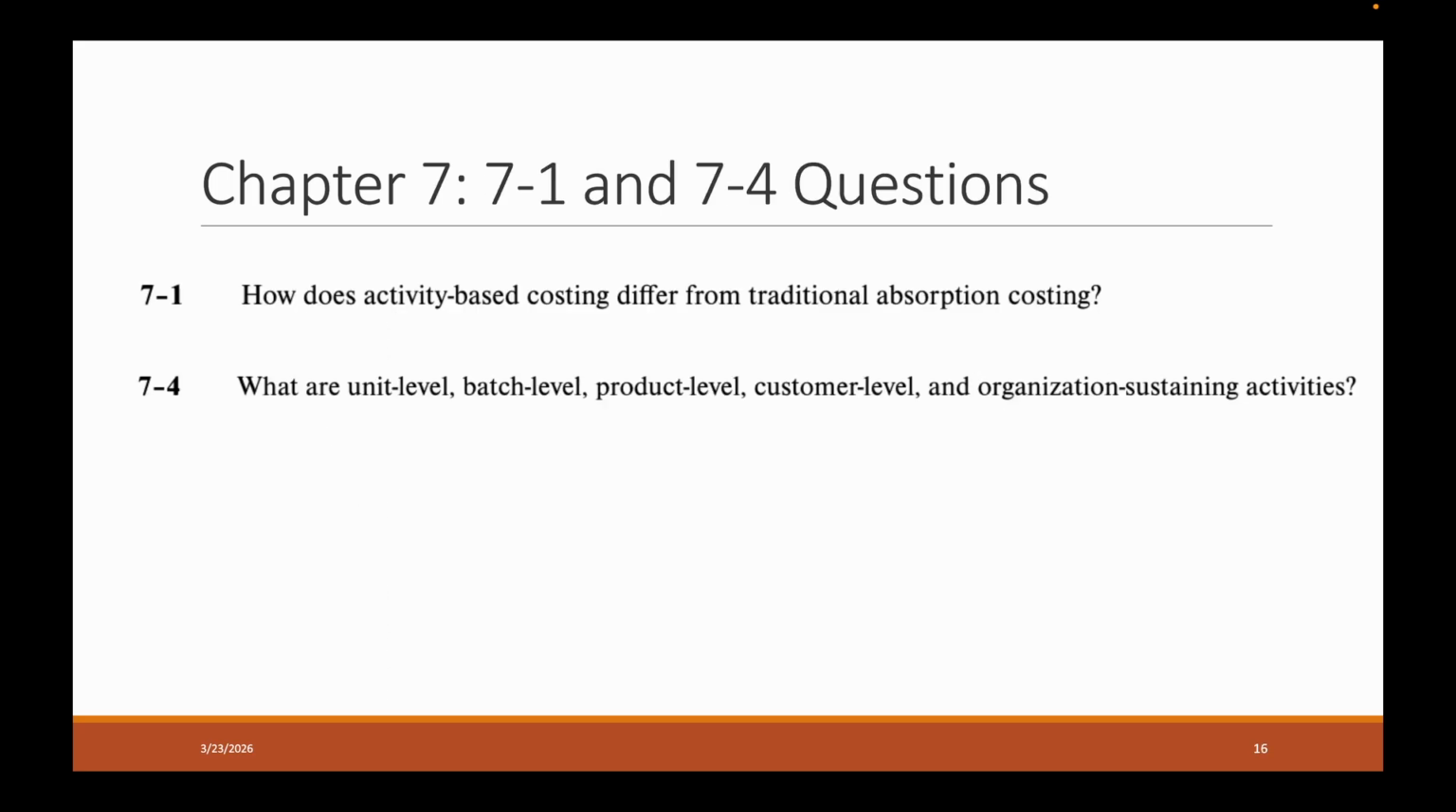Moving on to Chapter 7, we're looking at 7-1 and 7-4, conceptual questions. 7-1: how does activity-based costing differ from traditional absorption costing? And 7-4: what are unit level, batch level, product level, customer level, and organization-sustaining activities? It's important to know the difference between all of these when we're looking at activity cost pools, which I'll be going over in the next problem. But to answer these questions first,